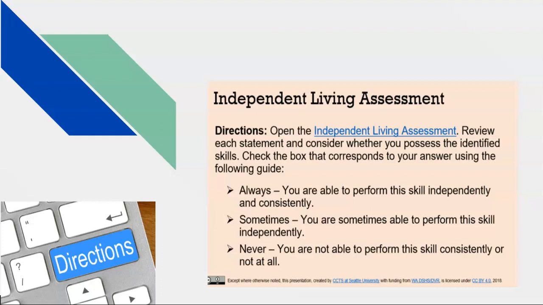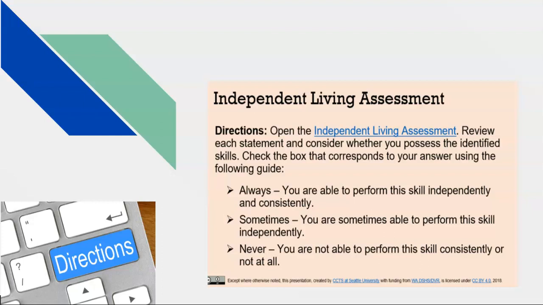So you may want to put down sometimes for that particular answer, right? Because you're not always able to do it independently and consistently, because you may end up having to ask every single time, hey, do I use cold water, hot water, do I use bleach, how much soap do I use, that sort of thing.